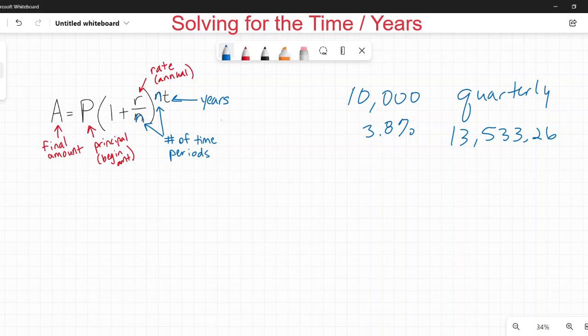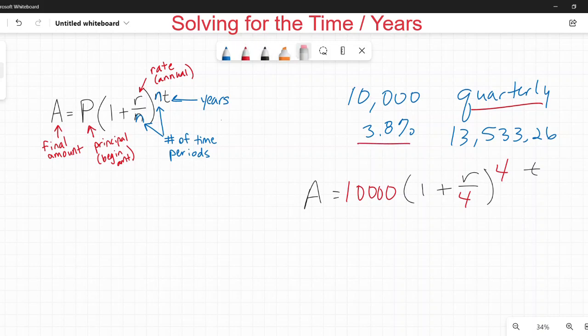Okay, we're going to use our same initial setup. The amount equals P times 1 plus R over N to the power of N times T. We are told the principal, $10,000. That's what he started with. It is done quarterly. Quarterly means 4 times a year. So 4 is my number of times per year for N. I am told the rate is 3.8%, and I write it as a decimal, 0.038. Lastly, I'm told the final amount, so I put that here,